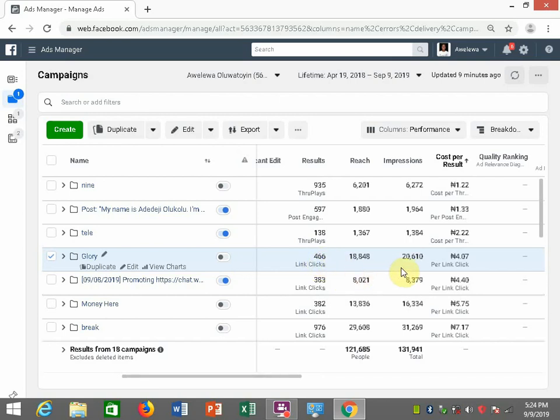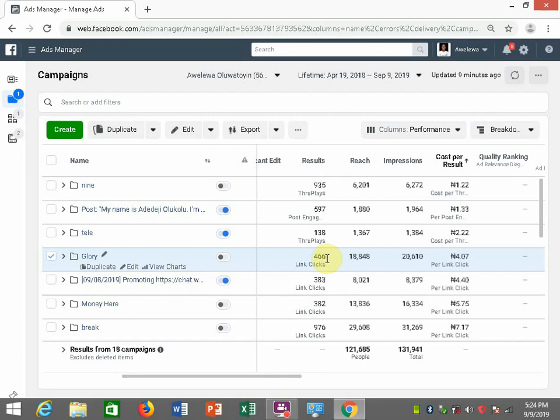It won't be like, okay, you are getting a low cost per click, but you are not getting much results. Or maybe when you track your website, you realize that the number of people that clicked from Facebook is much higher than the number of people that actually visit your website. Because there's a way to track your website using Facebook pixels. I will treat that in another session, I believe.